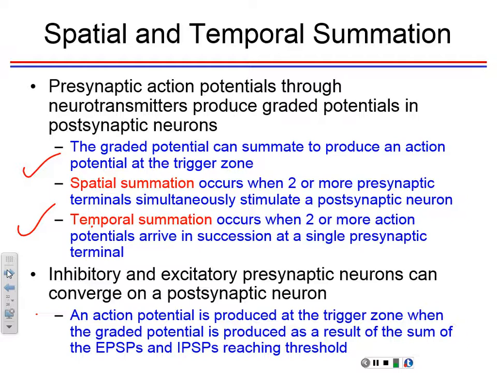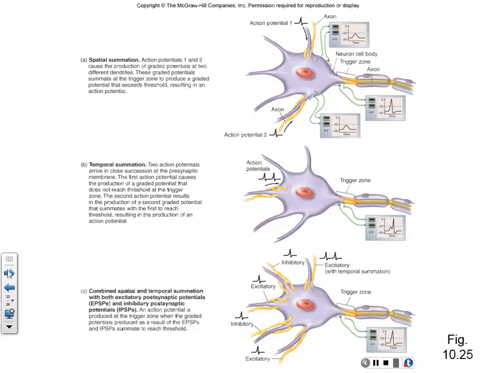So you may have more excitatory postsynaptic potentials than you have inhibitory postsynaptic potentials, and then you have an action potential. Or you may have, in some situations, more inhibitory postsynaptic potentials, less excitatory, then you have an inhibition. Okay, so I'm going to show you the two ways in which these action potentials influence one or several neurons. Okay, and that's via convergence and divergence. Okay, so this is what actually happens in the real world.